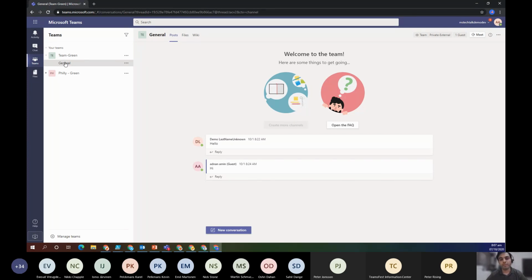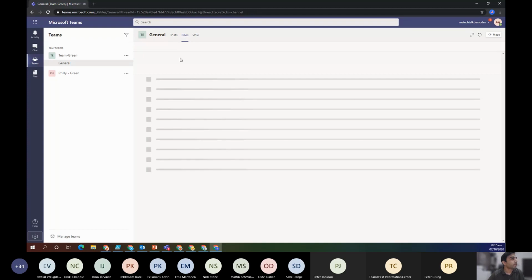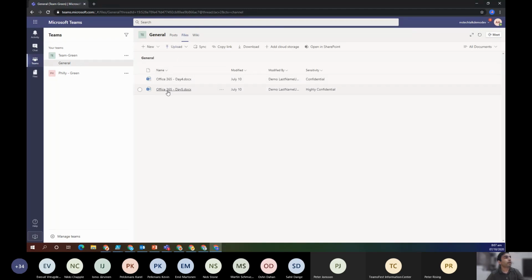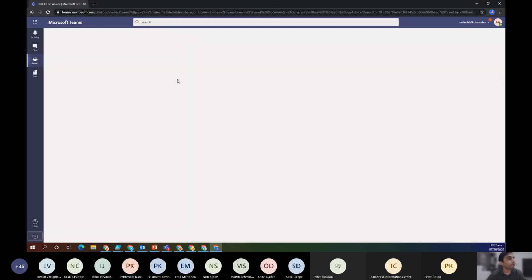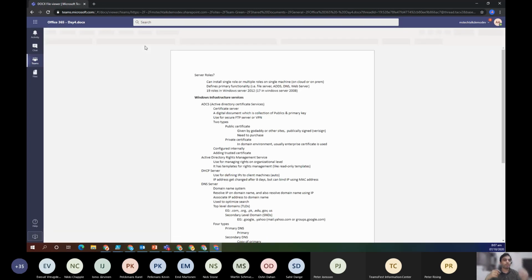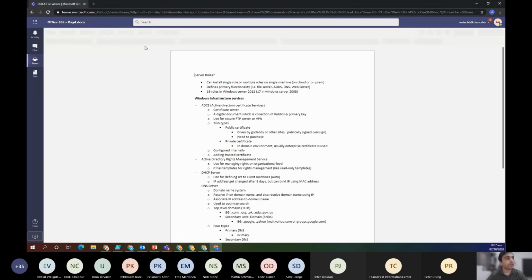Now if I go to this one, this is the guest user, and I applied sensitivity labels in a way that on the documents, users can only view them in the browser or through managed devices for the highly secure content. The highly secure content is restricted from the users. So this is the document which the user can view from the browser window, but can't view from any unmanaged device. Let the document be open, and I will show you that I added some branding watermark on this one. And if the user tries to take a printout of this one,